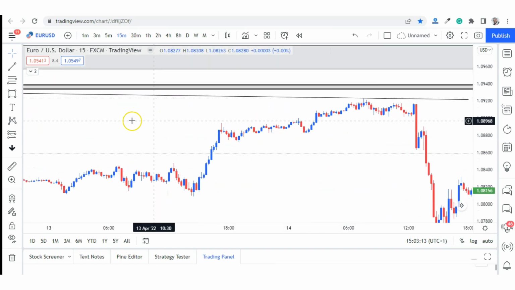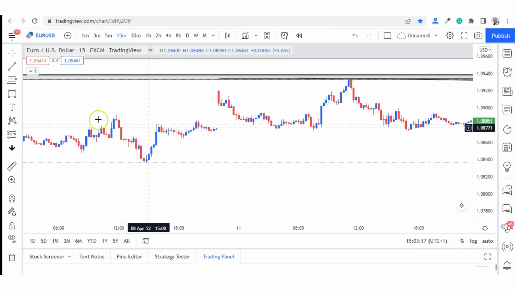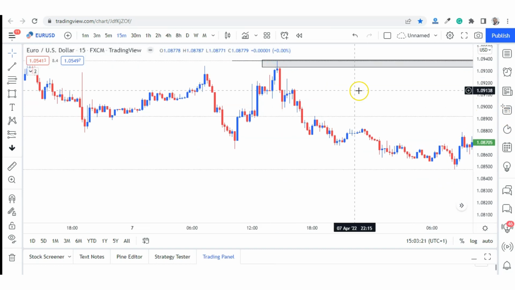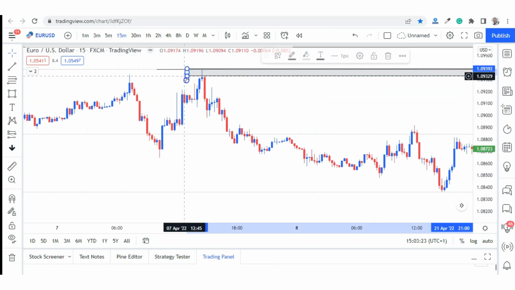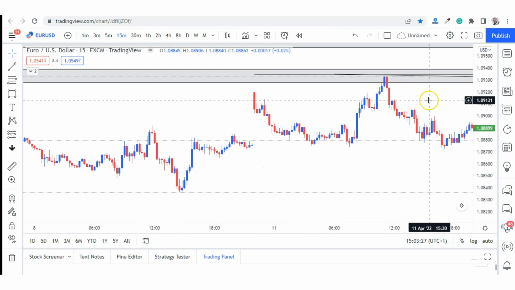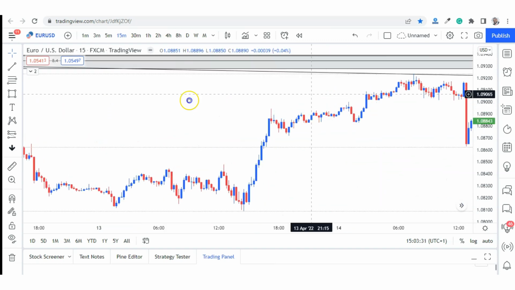What did I check? Sorry, this is what we're looking at, not that. This is the order block here, that was not fully mitigated. So when price came back in